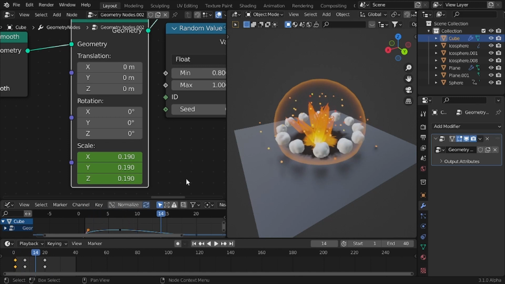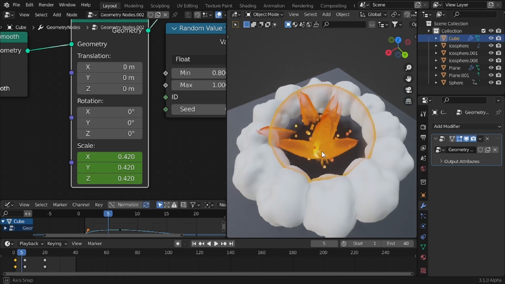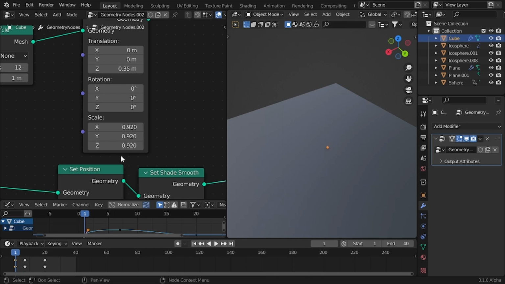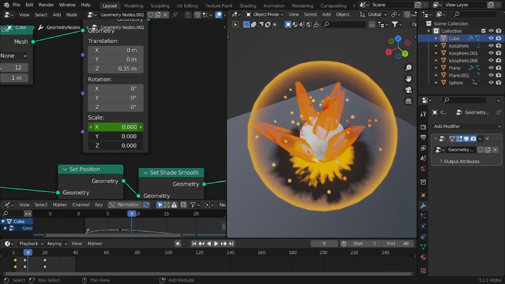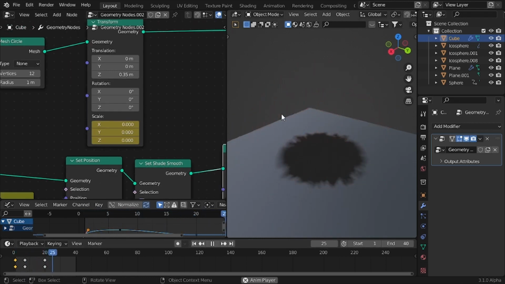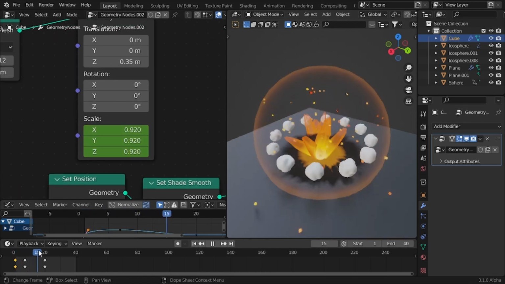That looks pretty good. Now also we need to animate this circle around it so it looks more dynamic. So start with, in the beginning it should be 0 as well, or just smaller, doesn't matter, 0. And now here it should be something like this. Keyframe it so the smoke comes from the explosion instead of just appearing there. Maybe it's gonna be a bit bigger, not necessarily from the center. Yeah, that looks pretty good. And now